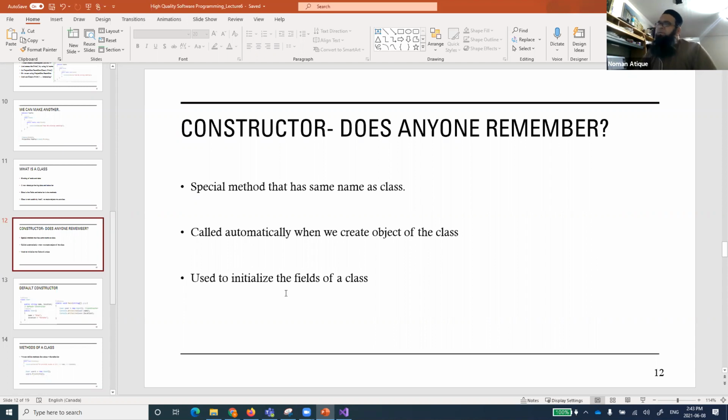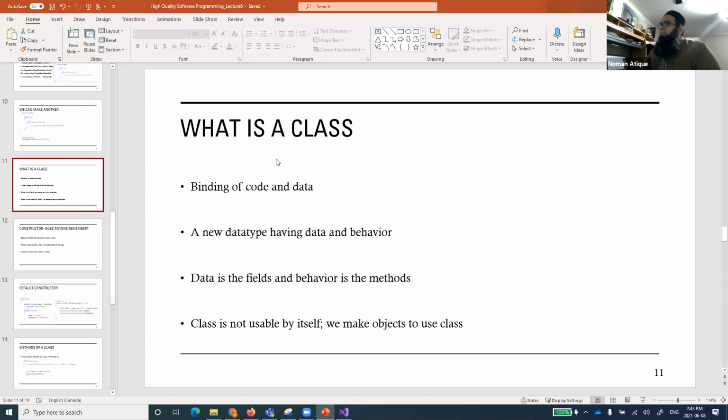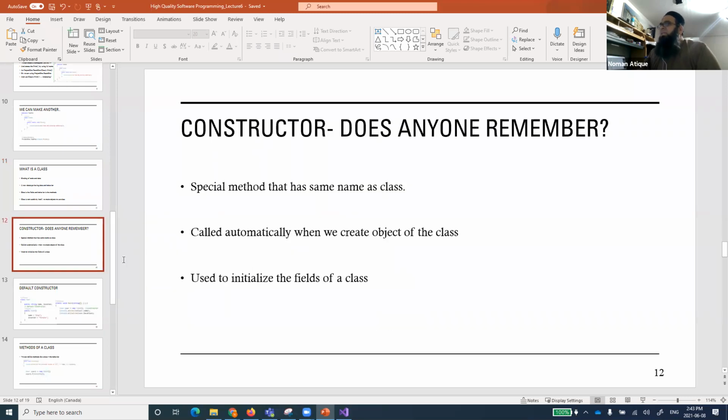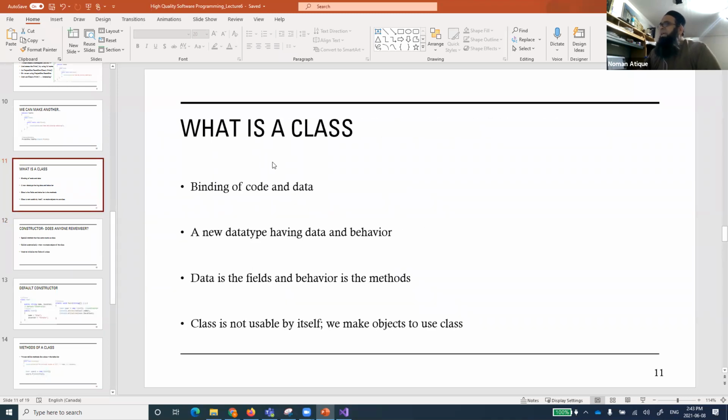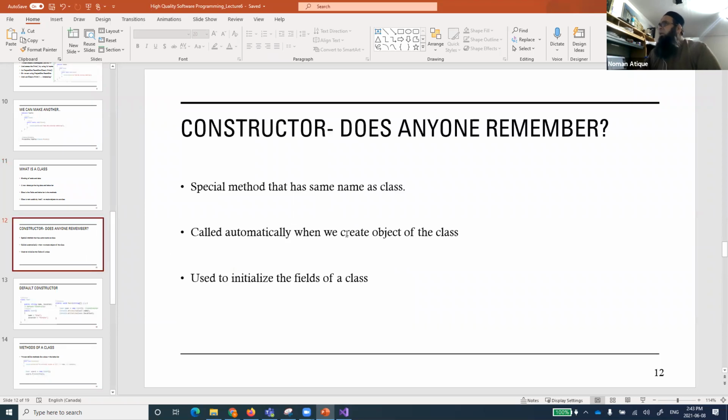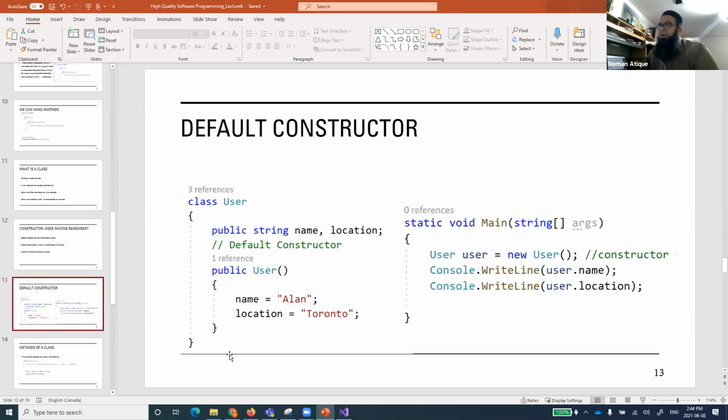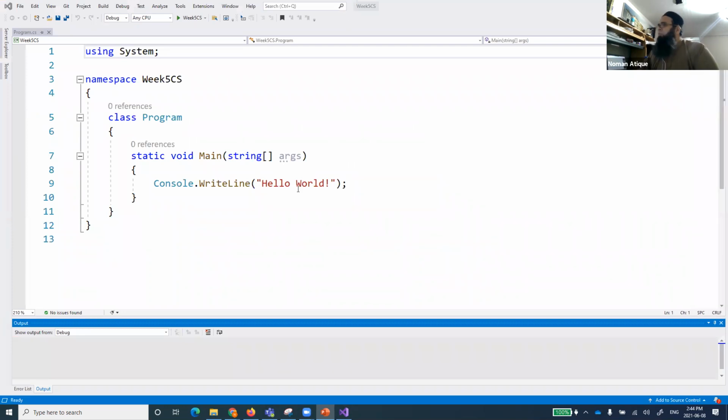Do you get what I mean? Those initialized values that come into your mind. So in the programming world, when we have a class and we create an object of the class, there is a special method that has the same name as the class name, and it runs automatically at the time of creation of the object, and it initializes the fields of the class. Whatever fields the class has, it will go and initialize those, right? So now let's talk about an example, and I'll run that example for you so that we can see what is going on.